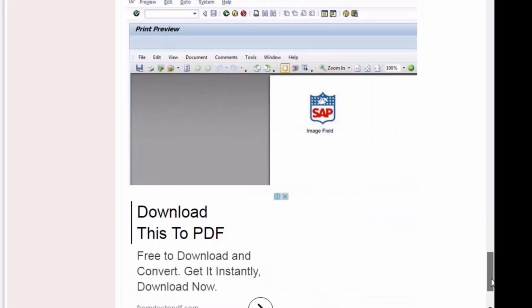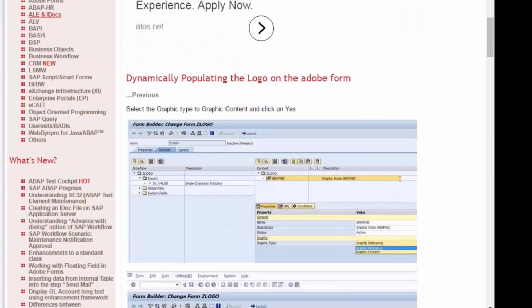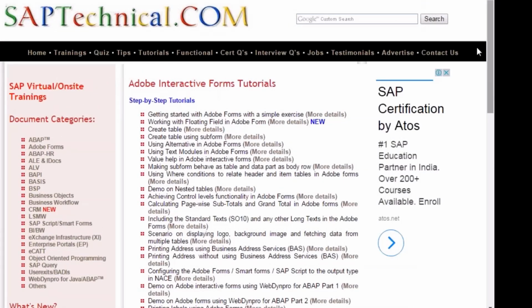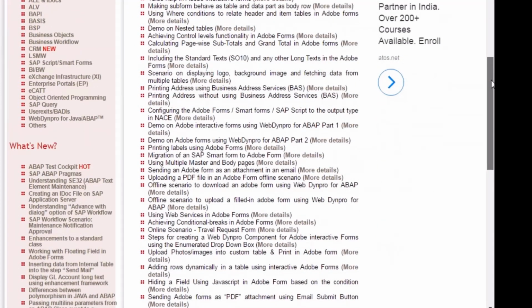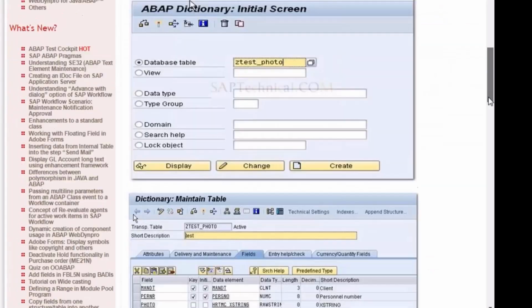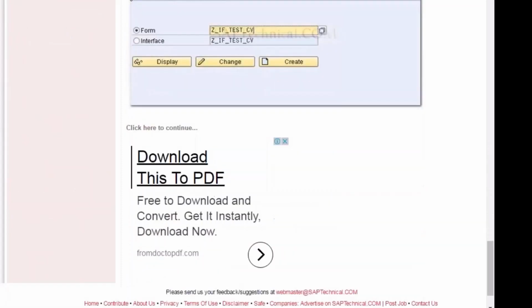Chaitanya, what is that example? You have the same example what you have said, sir. Just type upload images into custom table. I think you have it. Scroll down, sir. Yeah, I'm checking there only. Yeah, you got it, sir. Upload photos, images into custom table. Little bit down. That one, sir. Into custom table, print into. So just check what they are doing in the Adobe form.